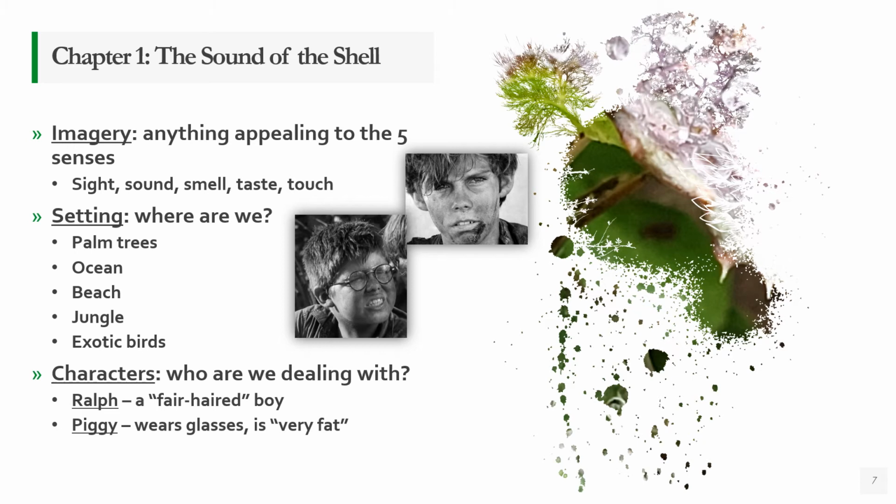And when he first tries it, this is where we are reminded of the fact that these two are boys, okay? And over the course of the story, we are only kind of hinted at their age, right? We know that these boys are somewhere between the ages of 10 and 12, okay? And based on the pictures that you see here, it's pretty accurate for the description given in the book. So when Ralph tries to blow into it for the first time, it makes a sound like, right? And both boys start laughing. Okay, because it sounds funny, okay?